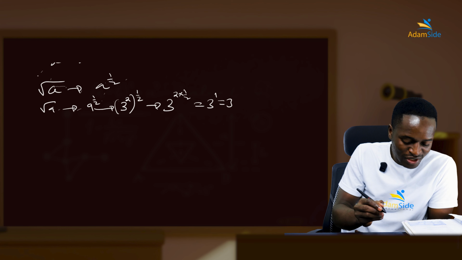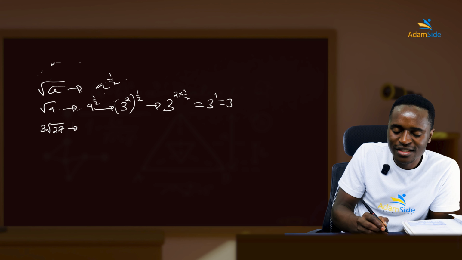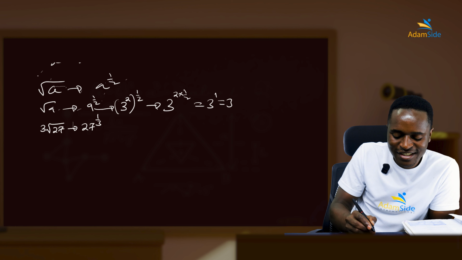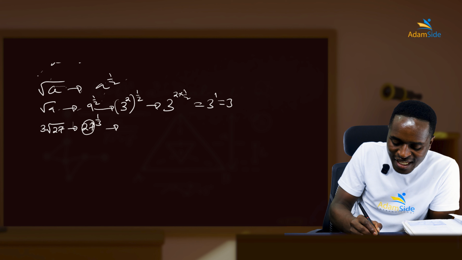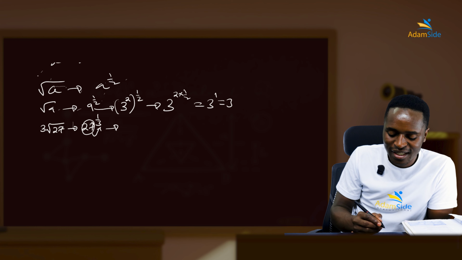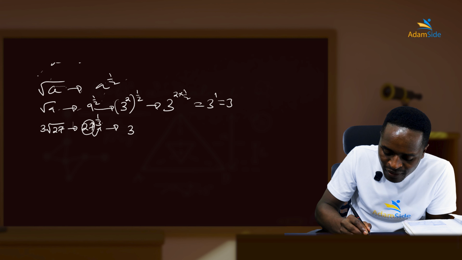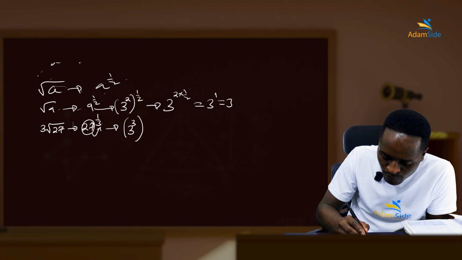Okay, another concept that we need to understand is when a number is cube root, let's say cube root 27. How can this be represented? We say this can be represented as 27 power 1 over 3 mathematically. And then, without the use of a calculator, change this 27 into a power. You write it in the form of a power, but use a smaller base, 3. So 27 is the same as 3 power 3. 3 times 3, 9. 9 times 3, 27. 3 power 3, then everything